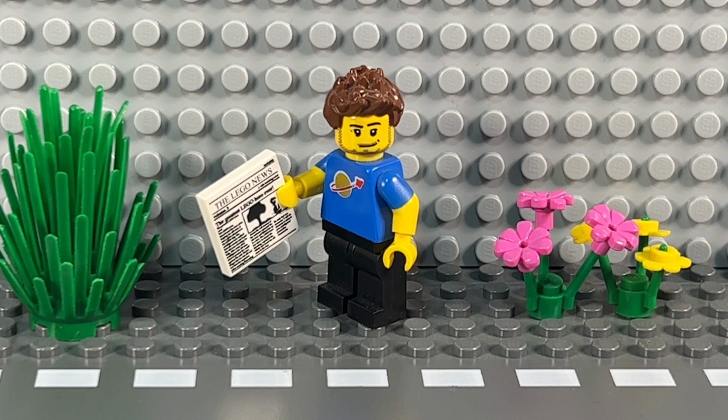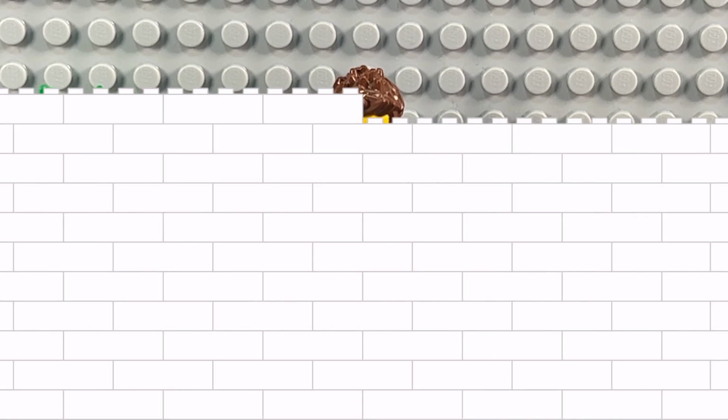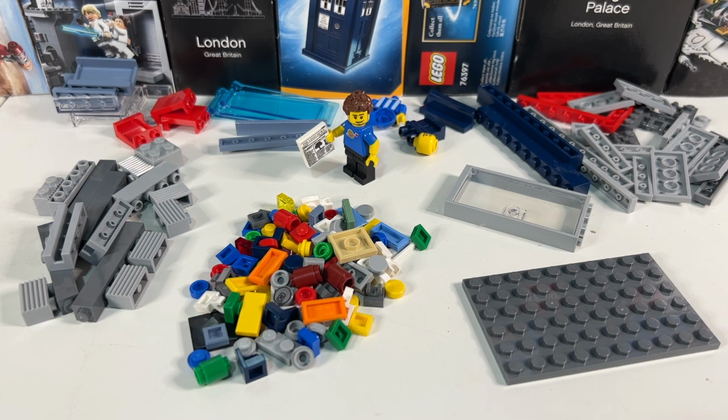Hi there, and today Minifig Jez wants to buy a new newspaper, so we're going to build him a quite rare Lego Newsstand. Now the newsstand that we're going to make for Minifig Jez here is a set that I've wanted for quite a long time,